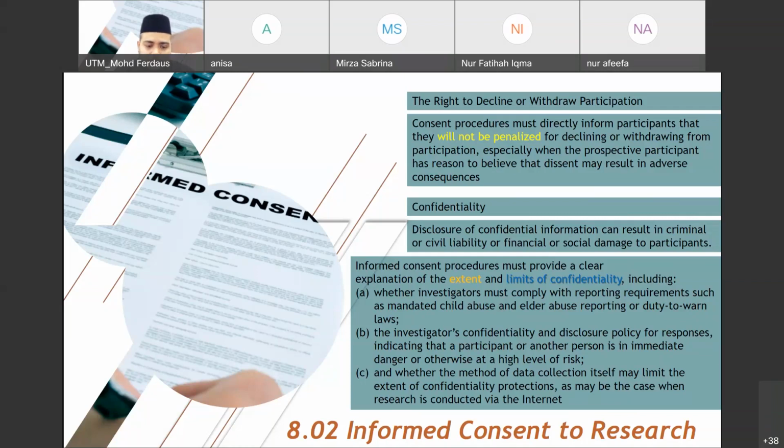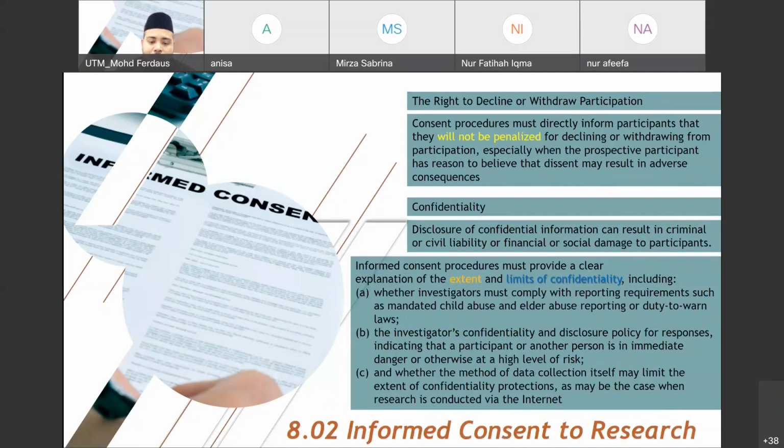When we conduct online surveys, such as Google Forms or Quick Survey, these are the most preferred data collection techniques, especially since the movement control order. However, we have the risk of data breach, or someone hacking our information, or someone seeing the information. So we need to assure how we can protect respondents' information and identity, and how we can assure the confidentiality aspects of the research.